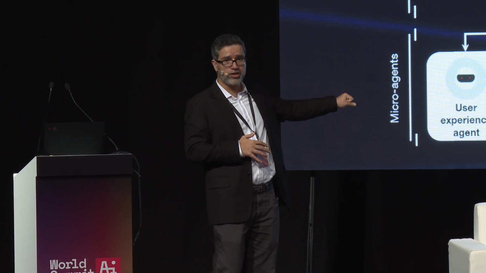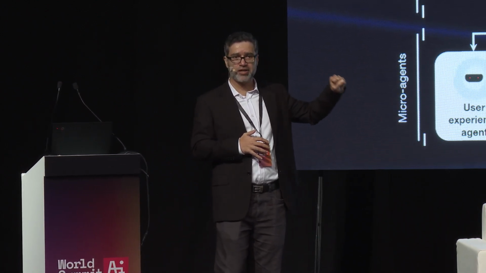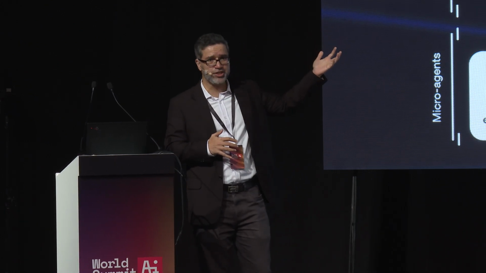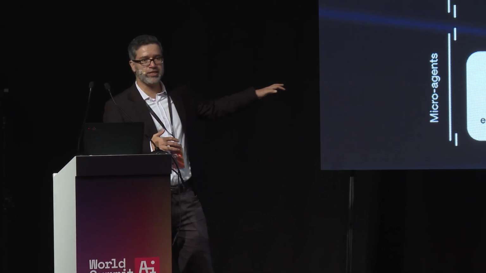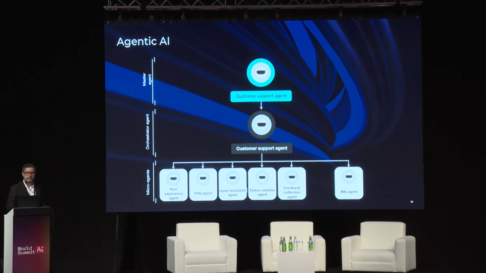That agent is responsible for performing all actions to support your customer. It can talk to multiple agents that are specialized in specific areas, whether it is user experience, FAQs, or issue resolution. All these agents are specialized in certain areas. They have all sorts of tools that are required to perform their duties. In the world of LLMs, they have all sorts of prompts that are important for them, and they coordinate with each other. Then you have a coordinator agent which is going to work with them to orchestrate the entire process, and once the process has been orchestrated, it is going to perform the entire process for you.